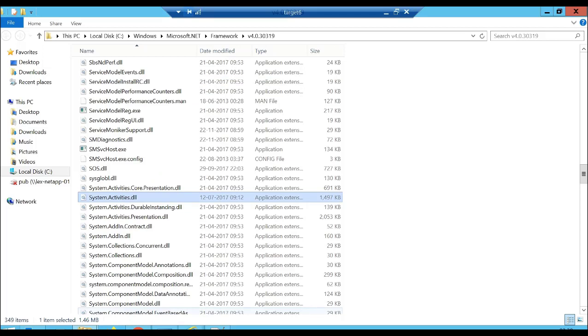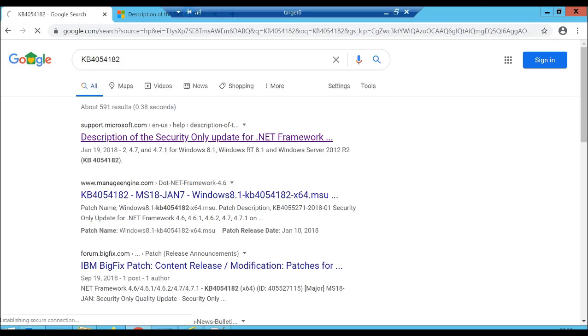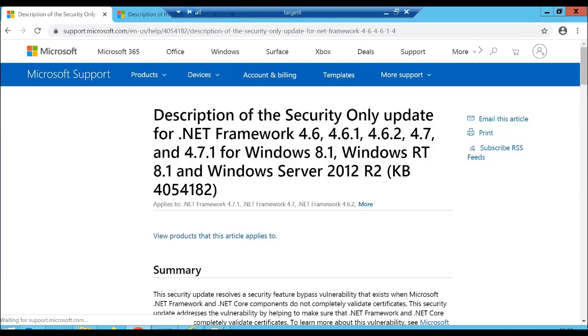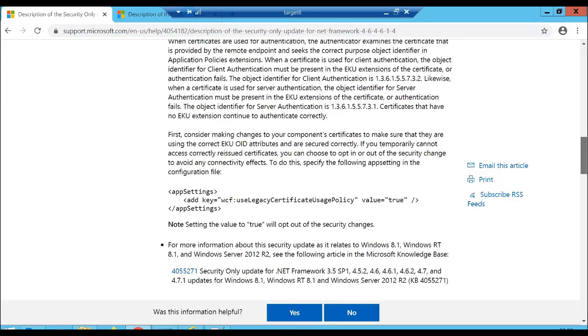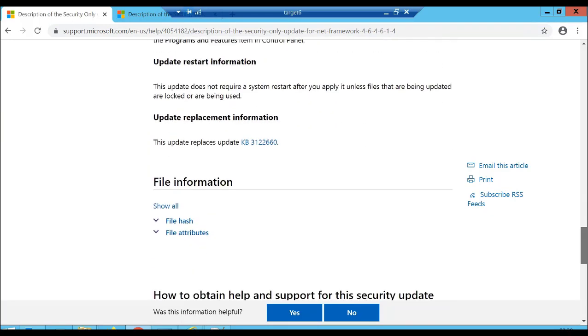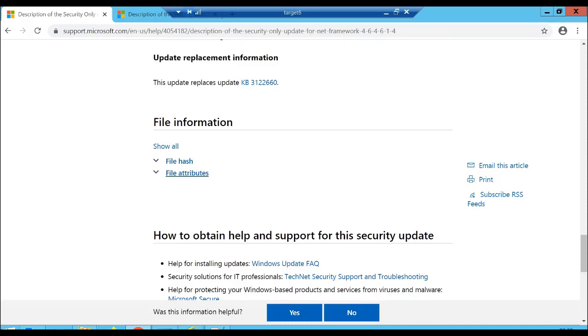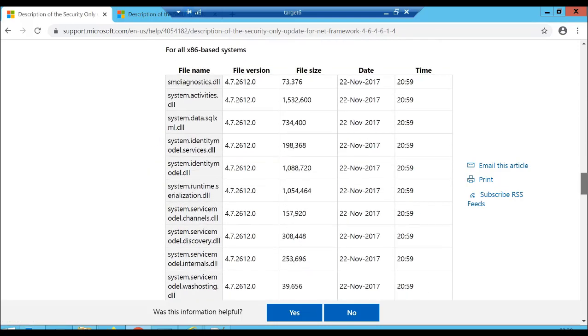We'll now have to verify that if this detection logic is in line to what Microsoft says or not. So I'll just open the Microsoft support link for this patch. So this is the link. I've already opened it. So you can see at the top the link is 4054182. I'll scroll down. So usually there is a file information tab somewhere here. I'll go down, and I think it's the file attributes one. Yeah. So I'll try to search the patch.